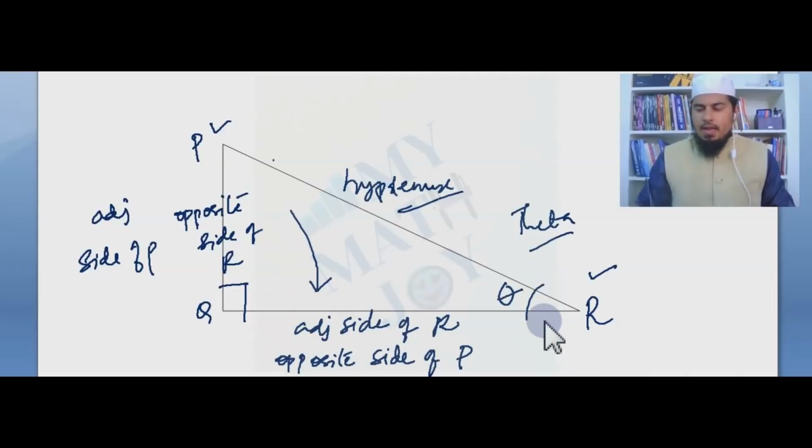And if we are writing theta somewhere else in this triangle, for example here, again with respect to theta, the sides change. In one triangle two places theta will not come, in one place only. So this is the concept to understand. Let's go to some problems of Pythagoras theorem. Let's go.